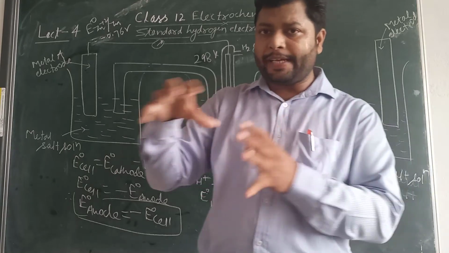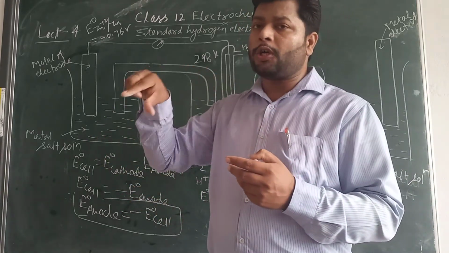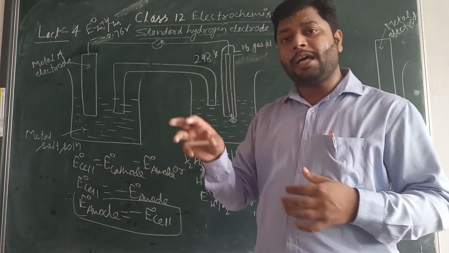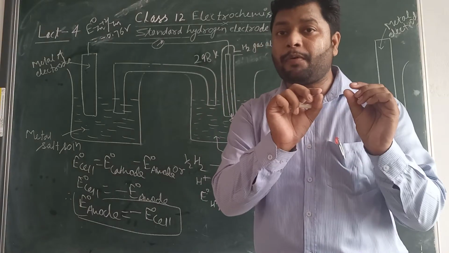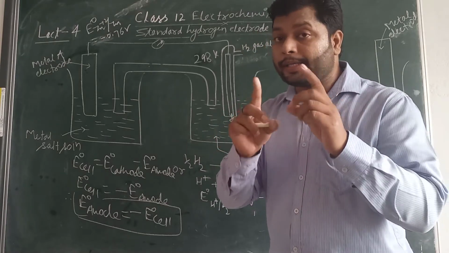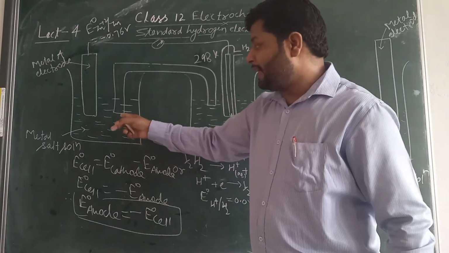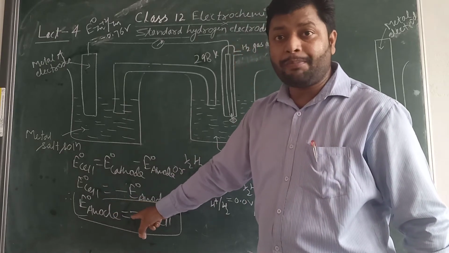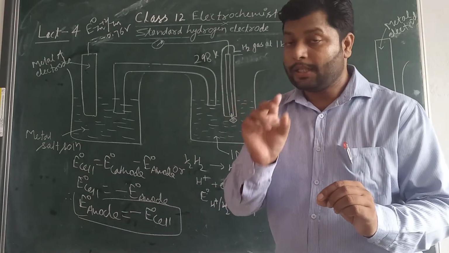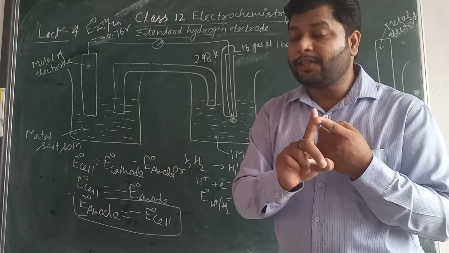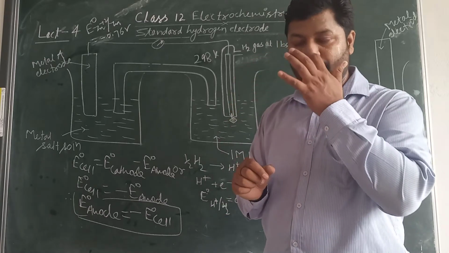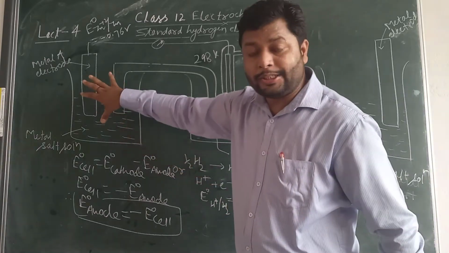One more thing that should be clear here. All the electrode potential values we have calculated should be written in terms of reduction potential. All the values should be written in the terms of reduction potential only. Whatever the value coming here is actually a reduction potential of the particular electrode, because the numerical value is always written in reduction potential terms. Fine. So this is one of the possibilities.